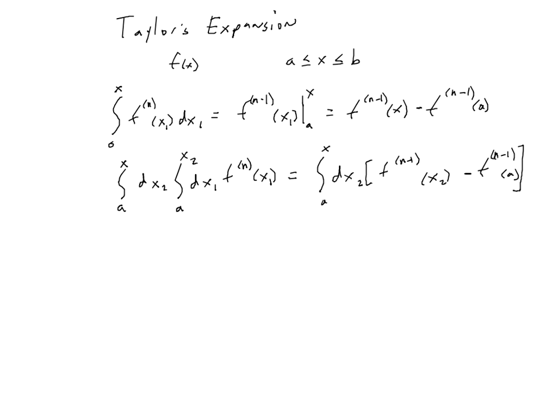And so what happens is, this last term, of course, is still a constant, but this term is dynamic, so when you integrate that one, you get the n minus 2 derivative at x minus the n minus 2 derivative at a, and then this last term, since it's constant, it's just being evaluated at the difference between a and x. So it's going to be like minus x minus a at the n minus 1 derivative